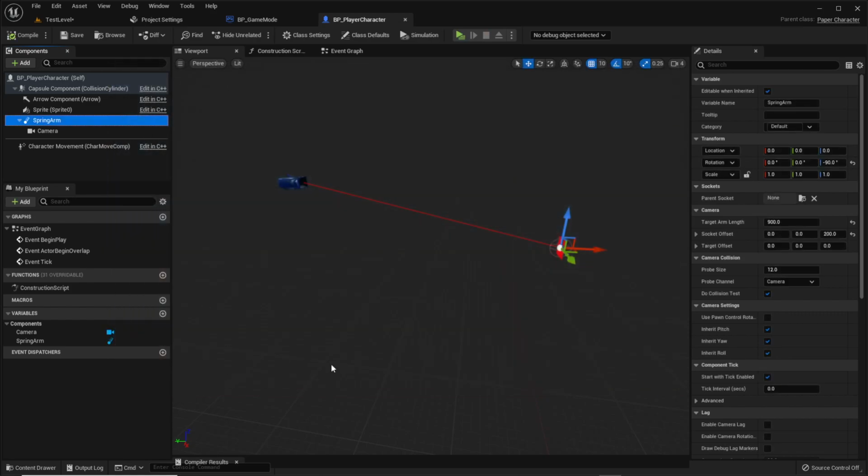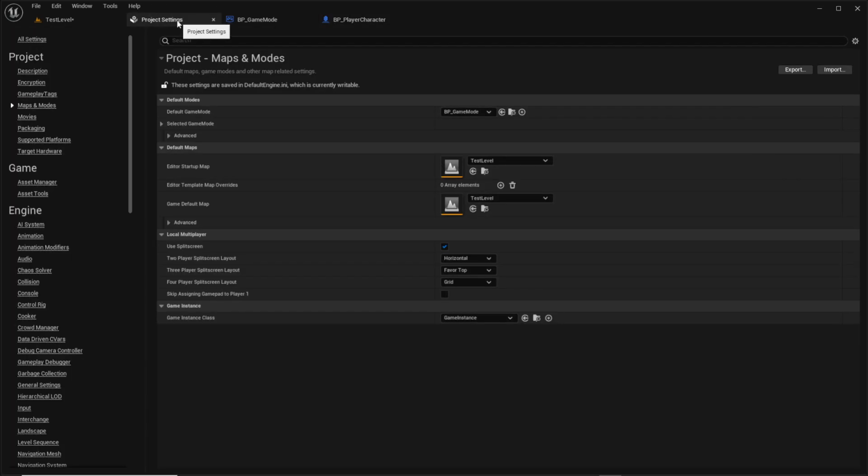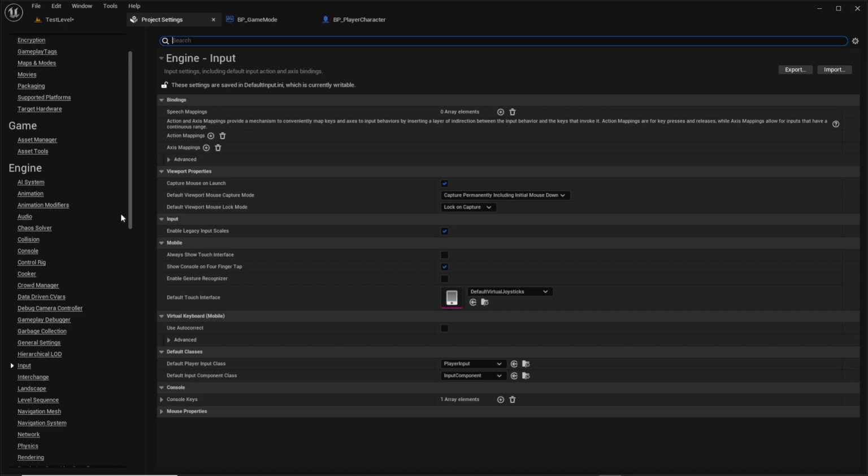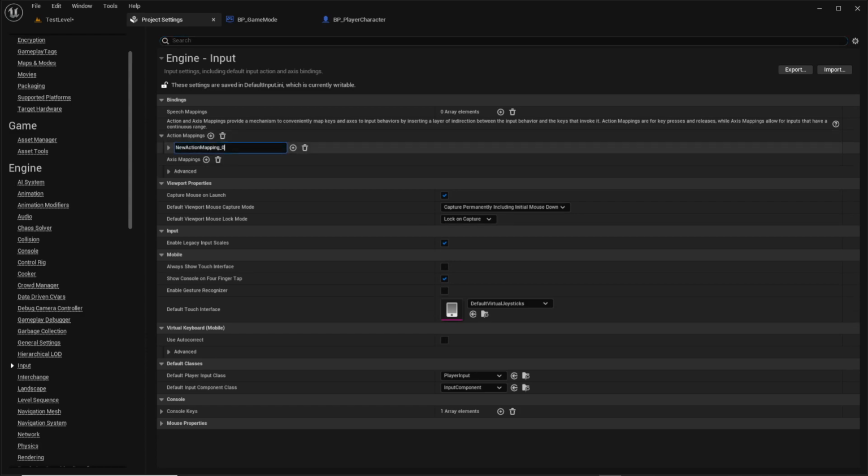Once we've got our character moving, rotating, jumping, we'll end the video there and then we'll pick it up in the next one. So we're going to need some inputs first to control our character. So back to our project settings, and we're going to go into input on the left hand side here, and we're going to set up an action and an axis mapping for this. So we'll make a new action mapping by pressing the plus button, hit the little drop down, we'll give it a name,